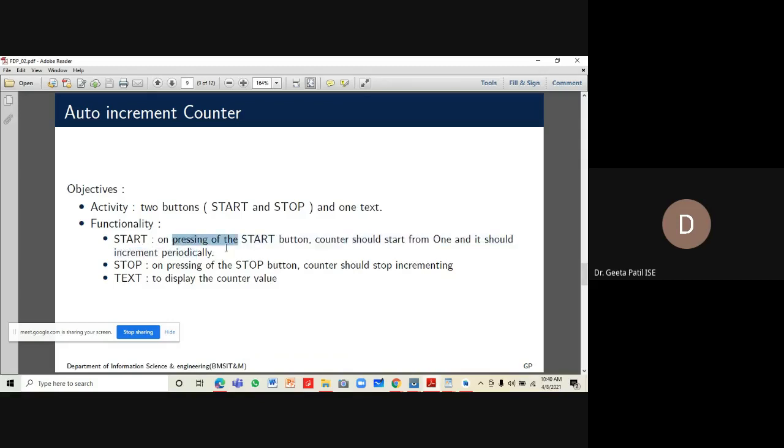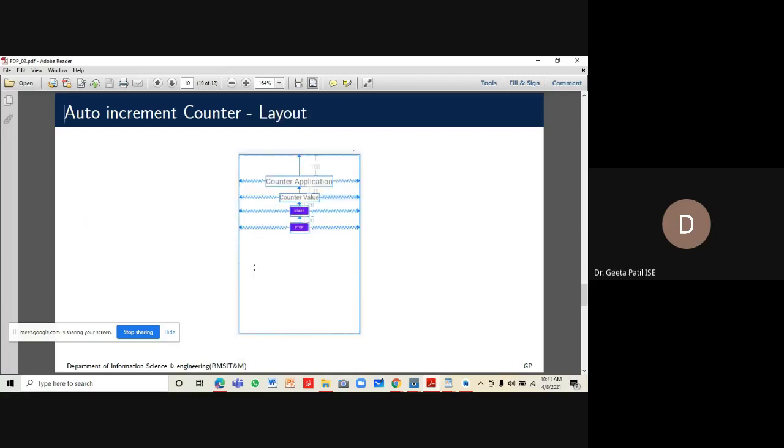On pressing the stop button, the counter should stop incrementing. And this text field is used for displaying the counter value. This is the requirement of the application, and the layout design for the activity is given over here.